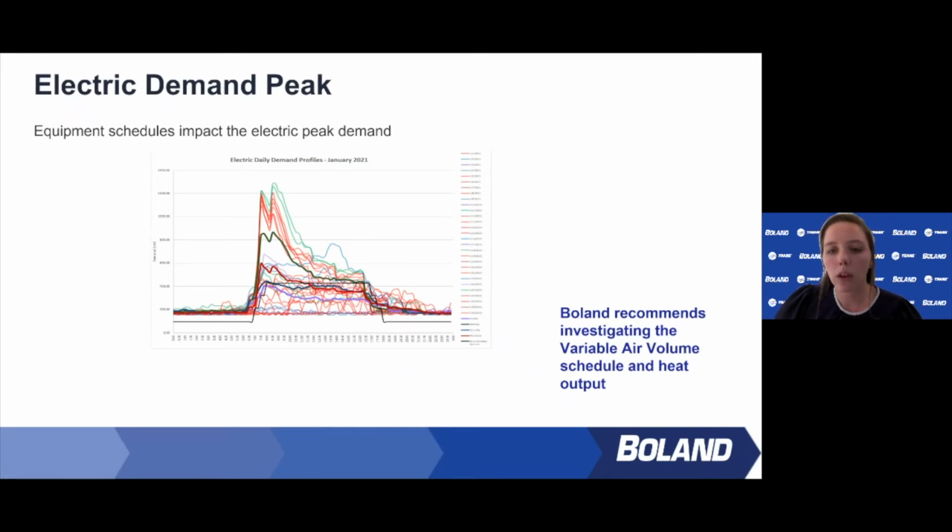So we have demand pretty low. This is great. It's about 200 all different days overnight, and then equipment is slightly turning on around 6:30, but we see a significant peak up to 1,200 kilowatt hours during the day, and that's at 7 a.m. So knowing this building, this is electric VAV reheats turning on at once, and